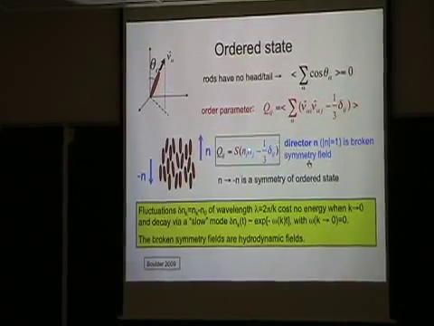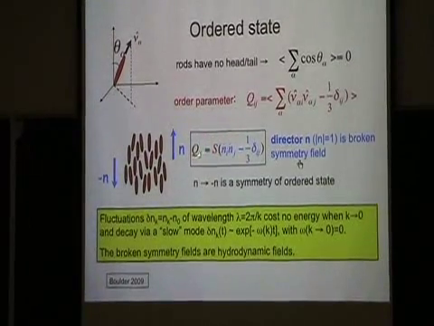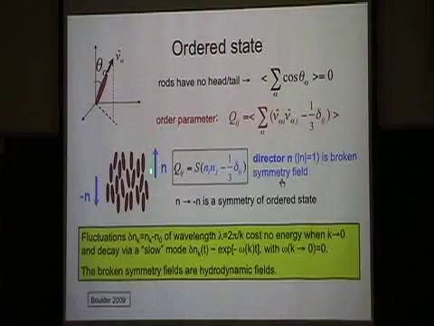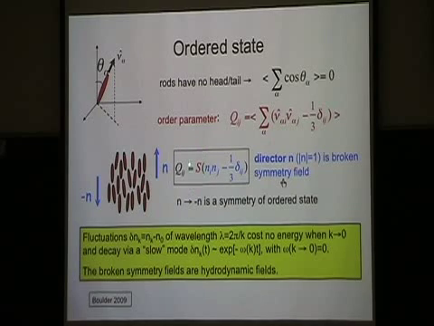For the simplest liquid crystal, which is a crystal of rods like this one, at the macroscopic level there is only one preferred direction, denoted by this unit vector, which is called the director. And so the alignment tensor can be written in terms of a magnitude, and it's a symmetric traceless tensor, so in terms of the components of this unit vector. Now, the magnitude of the order parameter field is actually the order parameter. This S is zero in the disorder state and non-zero in the order state. The director is what I call the broken symmetry field, and this is the slow variable that I'm interested in.